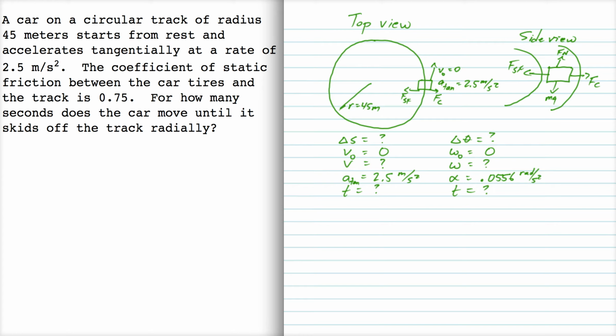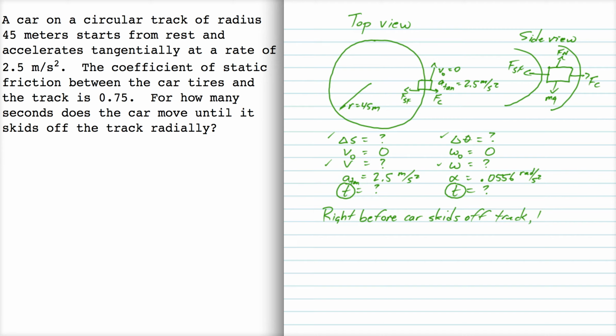Okay, so either way you want to look at it, I'm trying to find time. I'm trying to find how long this thing moves. So I can get that if I either find the displacement or the velocity, angular displacement or angular velocity. Now, we're told that the car is moving until it skids off the track. So when the car is right on the verge of leaving the track, right before the car skids off the track,